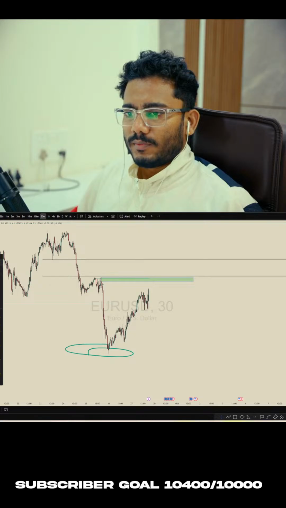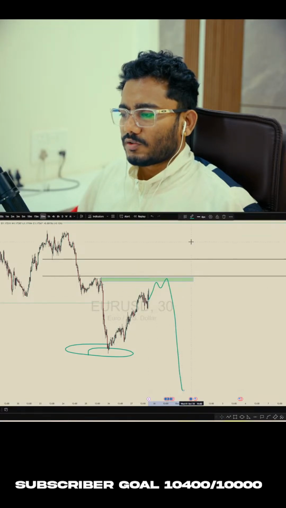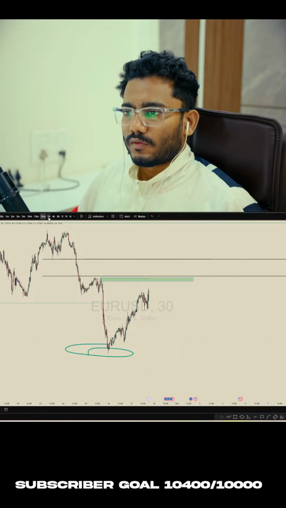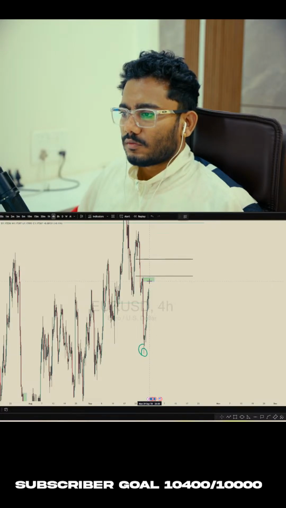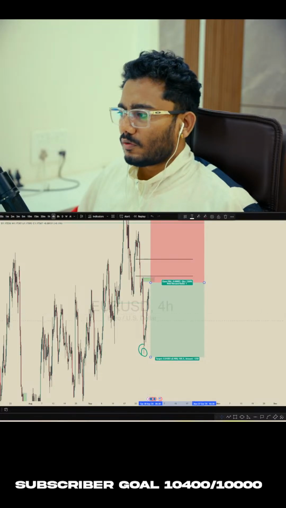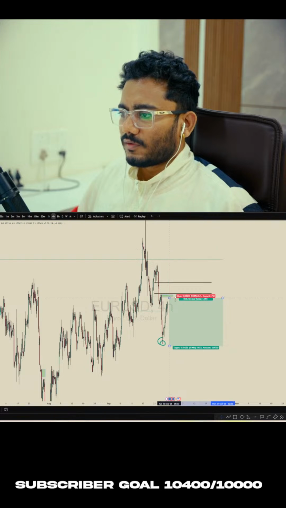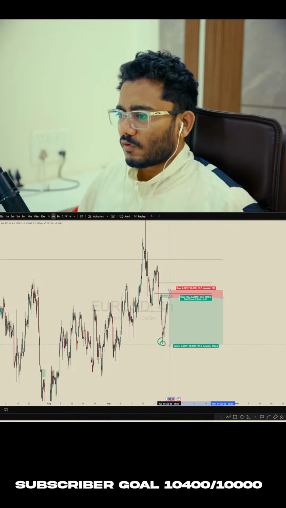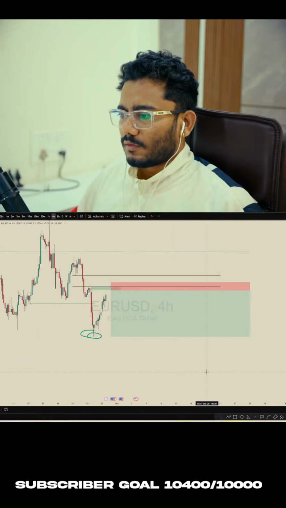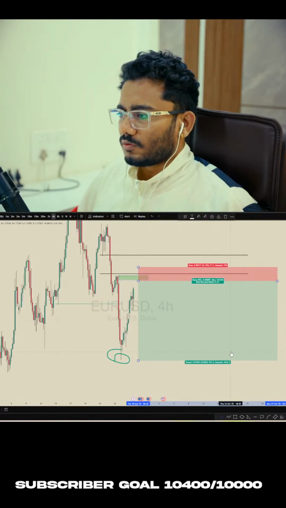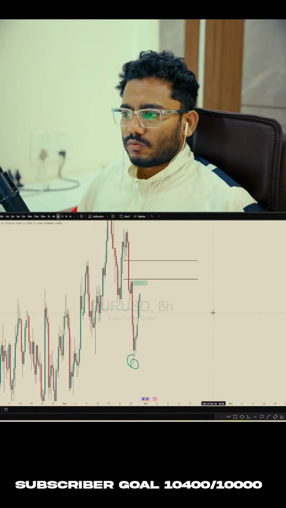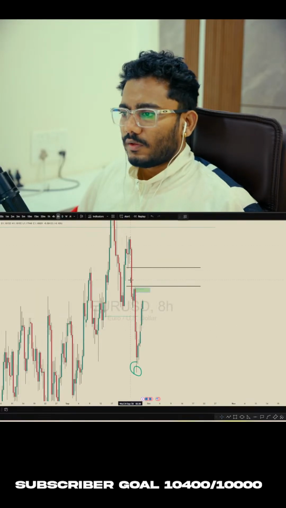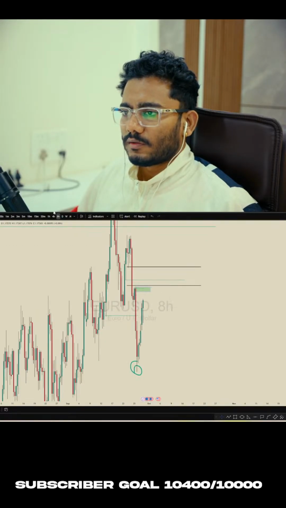So price will tap this area and then we could see a reaction to the downside. So we can look for sell side from this area, this one. So we'll look for some confirmation like CHoCH or something for the entry. It's 1:6 from here. We'll target this next low. And another thing I'd like to say is we have this wick to the left side.